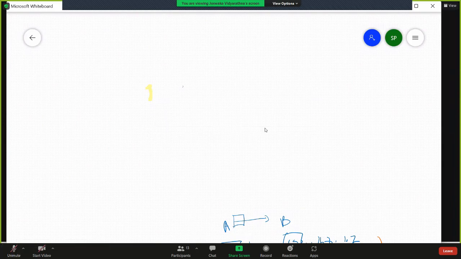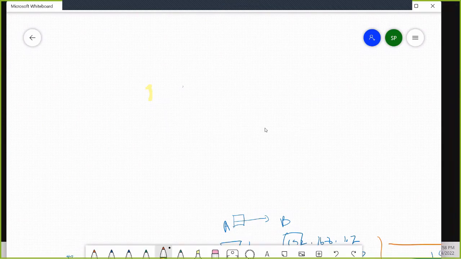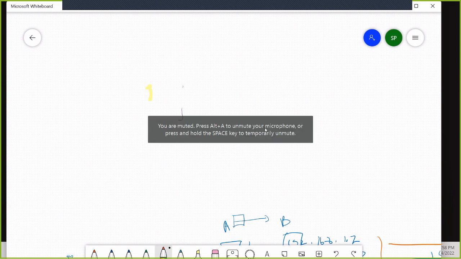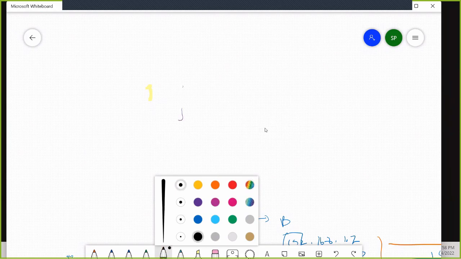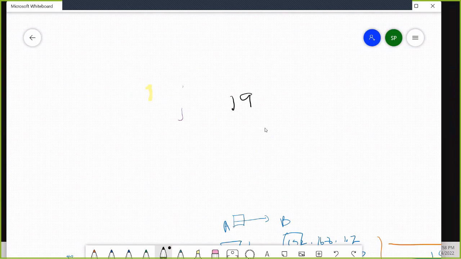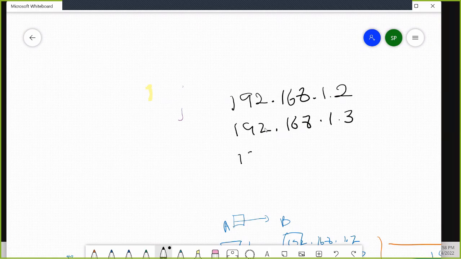Assume there's an IP called 192.168.1.1, and 192.168.1.2, and there's another IP address 192.168.1.3. The other one is 192.168.2.1.